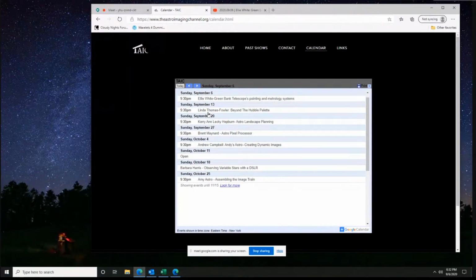And she volunteered to present for us next week on Beyond the Hubble Palette, how we can get data from our narrowband imaging and turn it into more natural looking images than we sometimes get out of narrowband data.